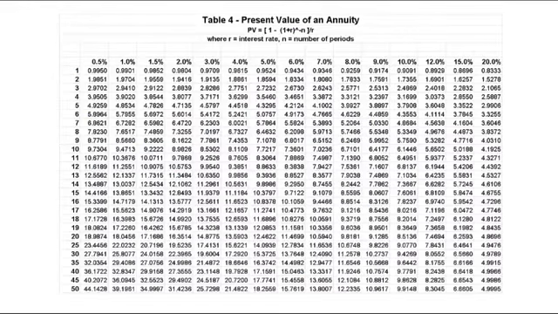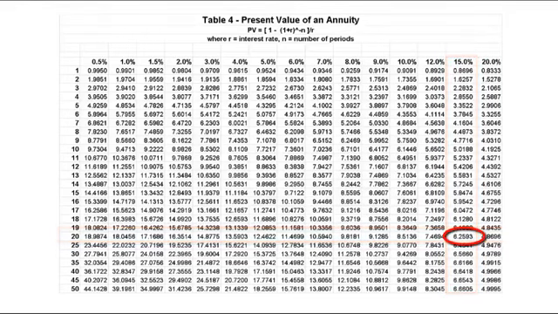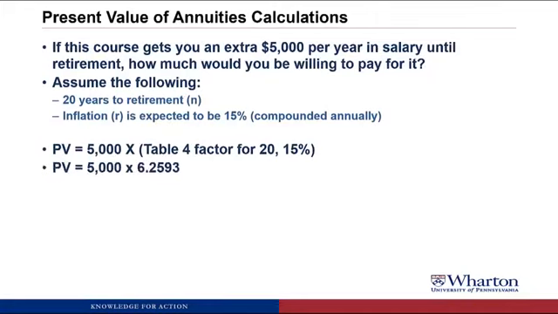Here is table 4, which is the present value of an annuity table. To do this calculation, we want to go to the row for 20 periods, 20 years, go across to the column for 15%, and the number that we'd want to pull is 6.2593. So then going back to our problem, we're going to have the present value equals 5,000, which is the payment, times the factor we just looked at, 6.2593, which means the present value is